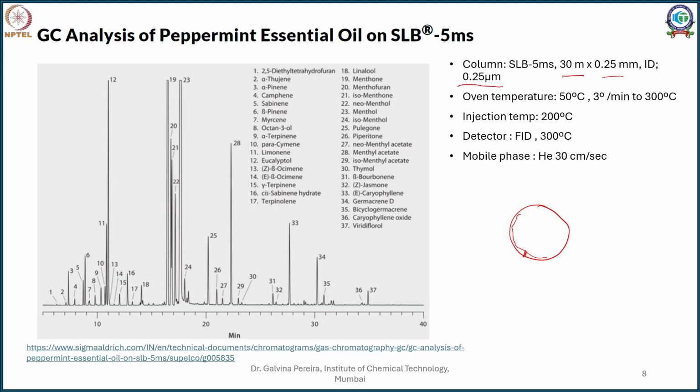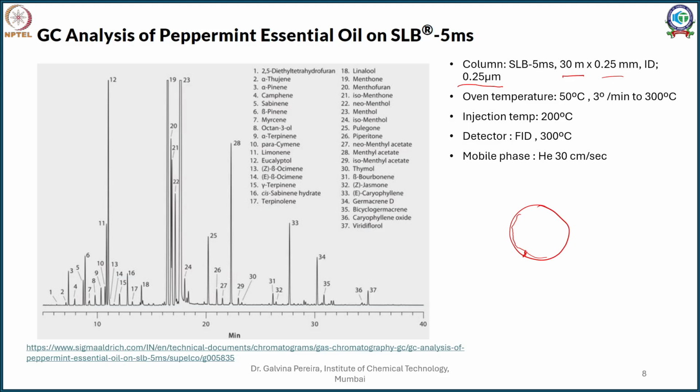Now what you are going to do is inject the sample. In some cases where the analyte is very low, they use what is called splitless injection, but when the analyte is in high concentration, you can also define a split ratio. So your sample is going to get divided and then analyzed. After splitting, mostly for volatile oil, splitting is desired.